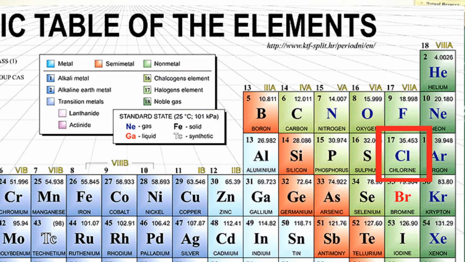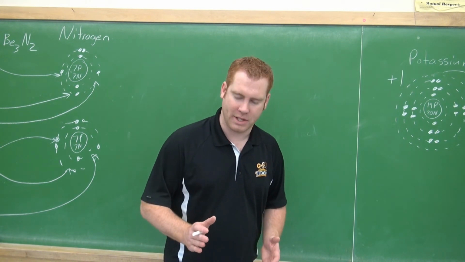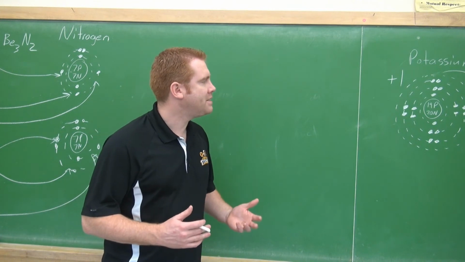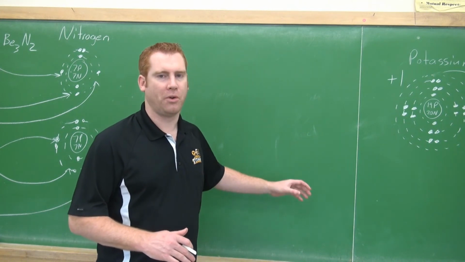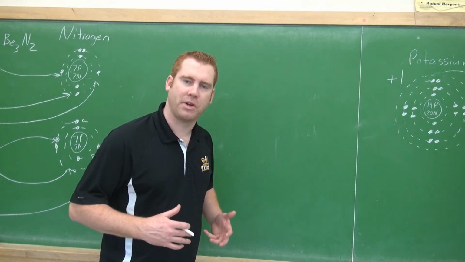Chlorine, it had 7 valence electrons. Which group do you think it's in? Well, it's in VII, and if you don't know your Roman numerals, that's 7. So 7 valence electrons in group 7. So essentially, we can use the information on the periodic table as to which column it's in to determine the number of valence electrons. That's going to make my life a lot easier, so I don't have to go through and draw a full Bohr-Rutherford diagram every time